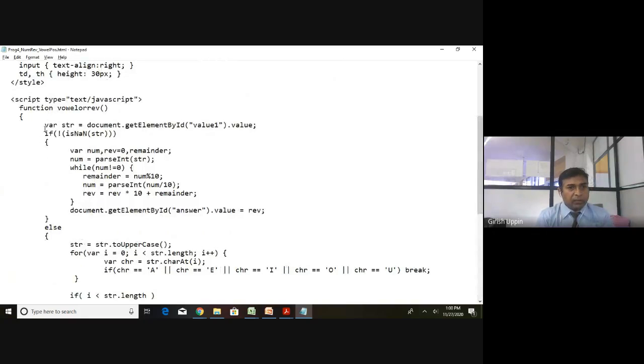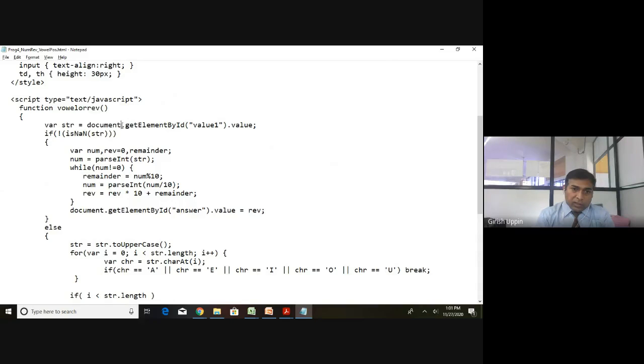Inside the function, we have a variable. In case of JavaScript, this is how we define the variable. Don't get confused with PHP, where it is a dollar and the variable name. In case of JavaScript, var str. This is the name of the variable, is equal to, you remember the document object we talked about, that is the root object.